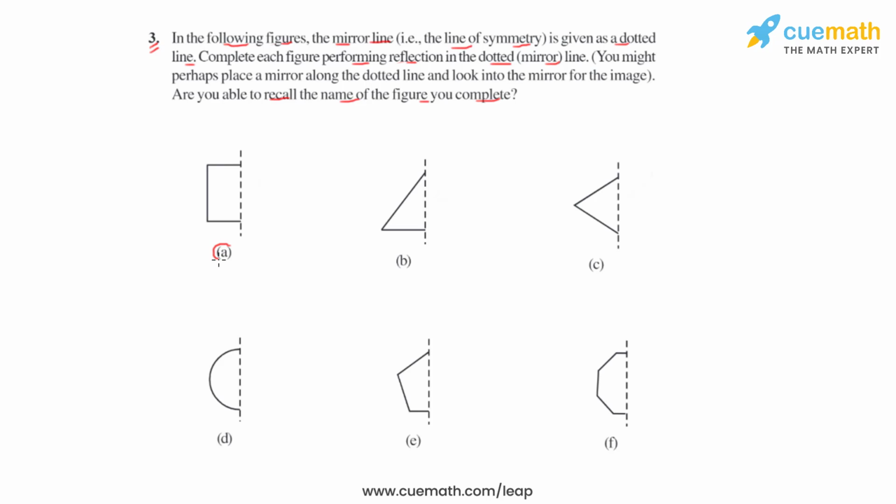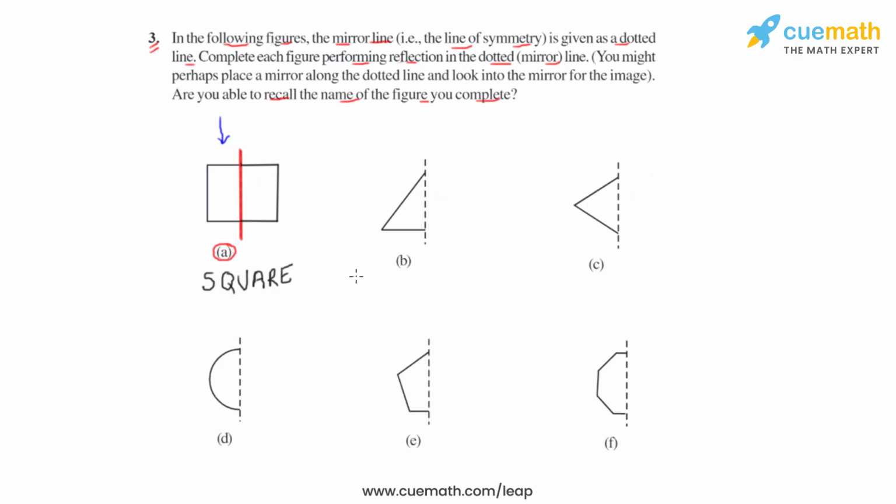Now let us take the first figure, figure A, into consideration. So we already see that we have one half of the figure, which is this, and we also have the mirror line, which is this, and we'll have to perform the mirror reflection of this one half to get the other half. So let us see what we get when we reflect this one half along this mirror line. So this is the other half of the figure which we'll get after mirror reflection. If I just remove this mirror line, you'll see that this now is the complete figure, which represents a square, which we get as the complete figure in figure A.